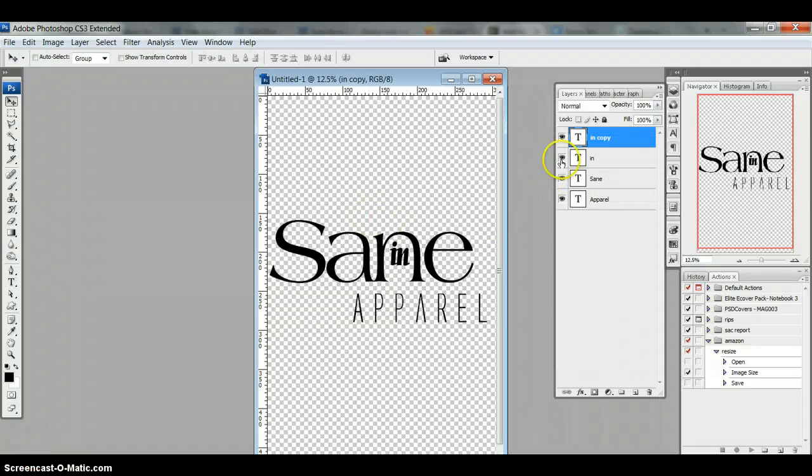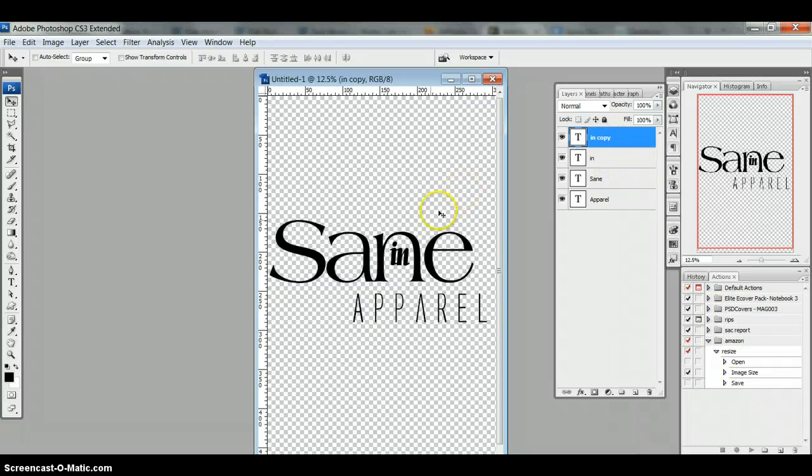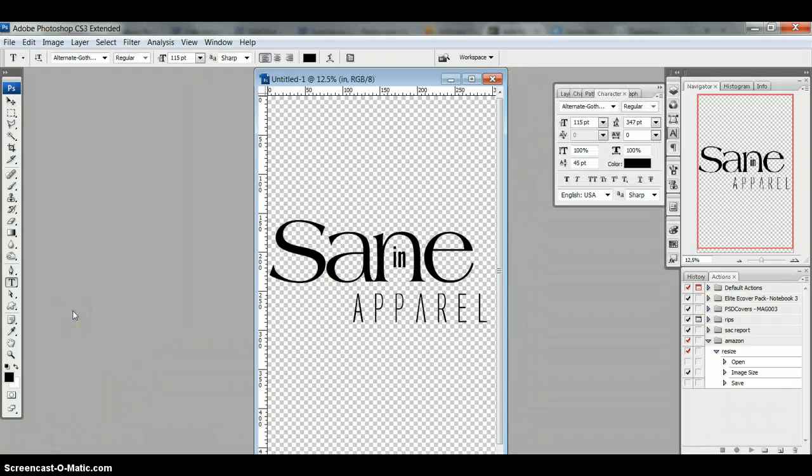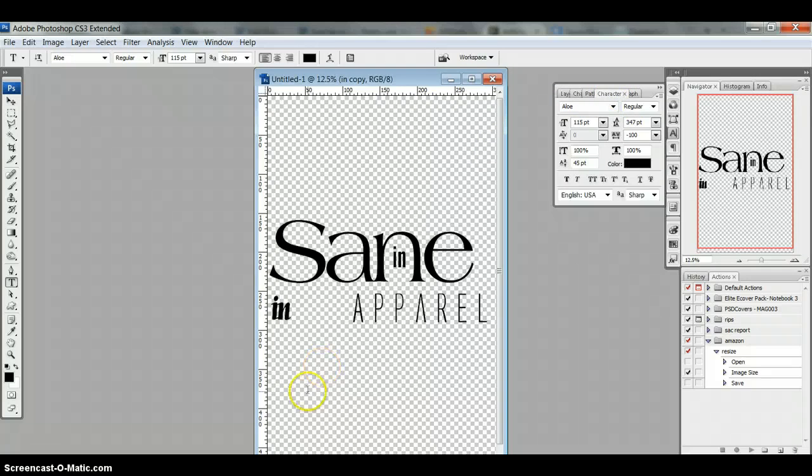And I found another font that might be feasible for later, so I just made a right click and duplicated that layer, which has given me a second copy, which I can move out of the way for later. So right now I'm liking this font because it's very sensible. I'm going to turn on the other copy that I made so I can start there and my hunt for a new font. I also have one other